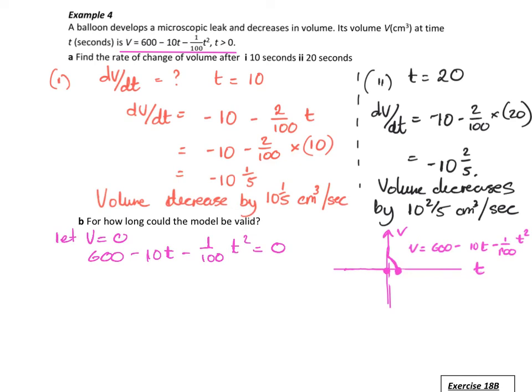We could throw that straight into a calculator and get an answer, or we could use the quadratic formula, and the quadratic formula would look something like this: 10 plus or minus the square root. Remember, it's b squared minus 4ac, so it's 100 minus 4 times 0.01 times 600. It's all under the square root, and that's all divided by